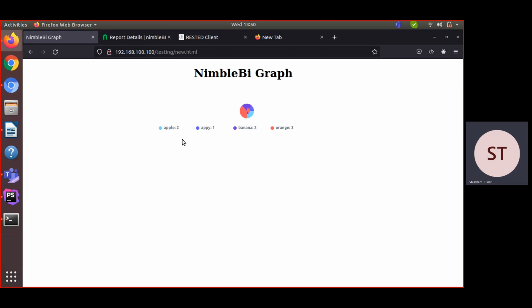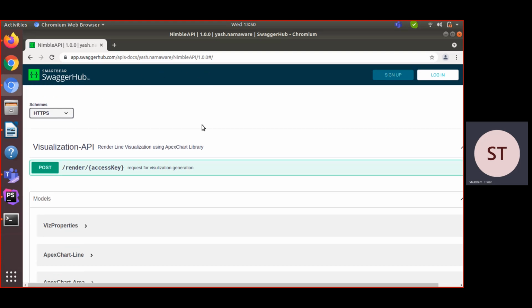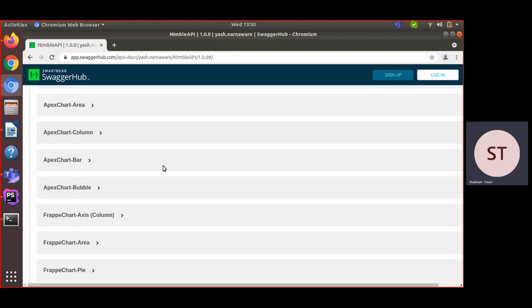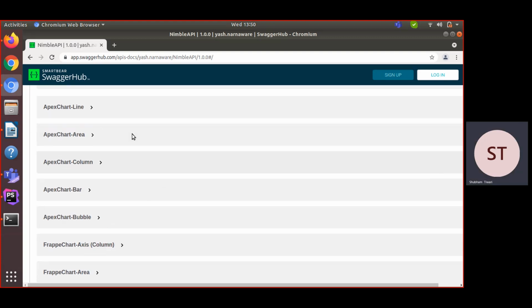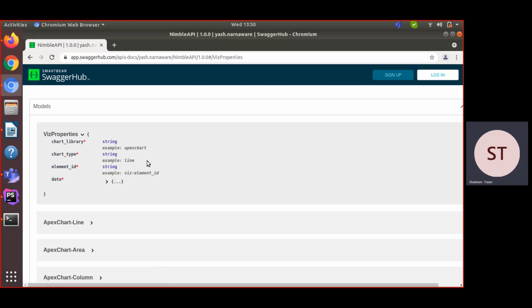For information purposes, you can also refer to our Swagger documentation, the Swagger Nimble BI API documentation. So you can see here we have documentation for all our visualizations.